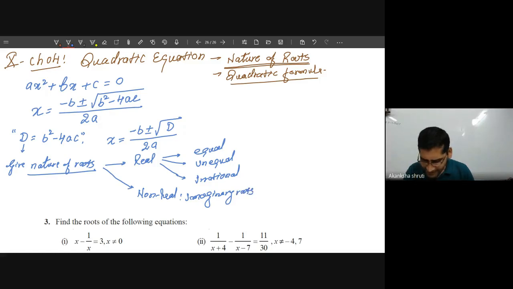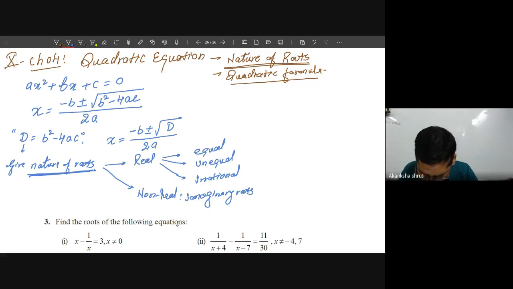Students, last day we concluded the entire analysis of nature of roots in a table. That table is very important and you should always keep it in mind. That table should be on your fingertips. Only then will you be able to do these questions. So nature of roots means roots are of the following types that I have listed. These are the four things.